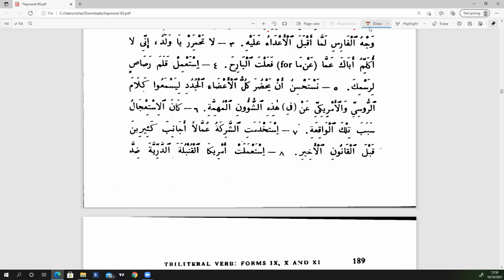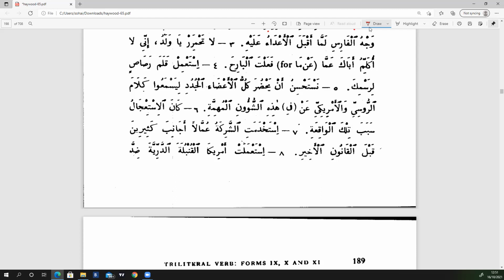Because the countries are considered feminine. But here, it's got nothing to do with country. It's not talking about country. It's talking about shu'un and muhimma. Broken plural. Exactly. So you need to understand grammar, everything written. You need to understand the reason. There's a reason for everything. So here,